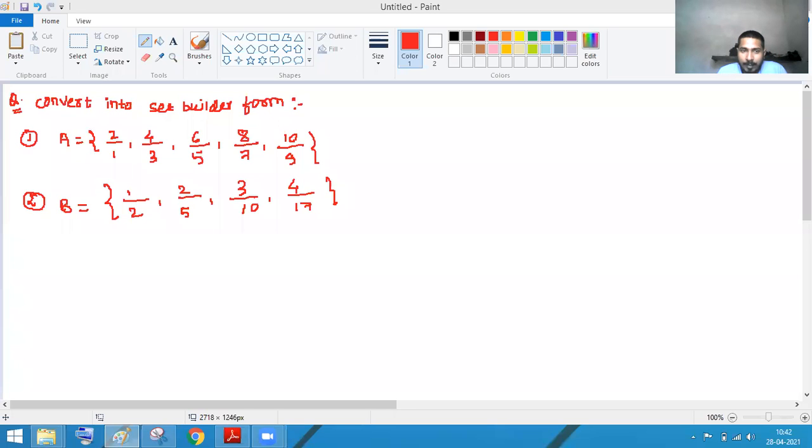X is such that x is n plus 1 divided by n, where n belongs to a natural number which is odd and it is less than 10. So you are saying that here n belongs to natural number which is odd. Then how can you represent the odd natural number? The sign of E would come, no? So write odd n, then the sign of belongs to, and then odd natural number.